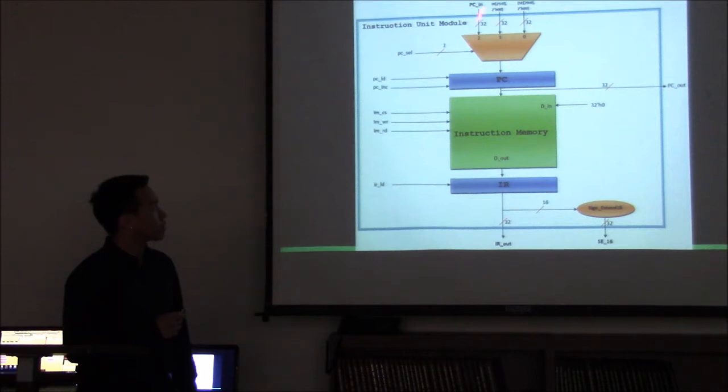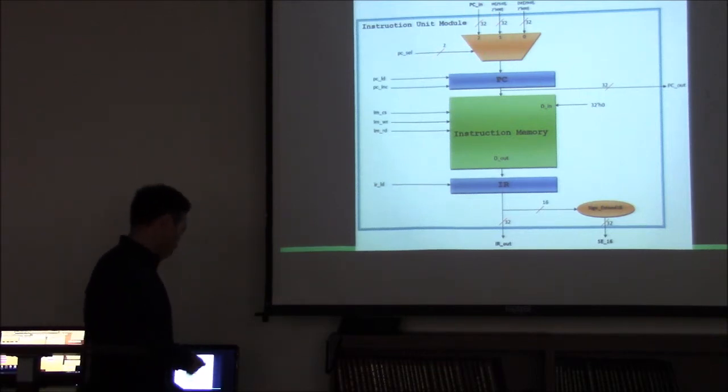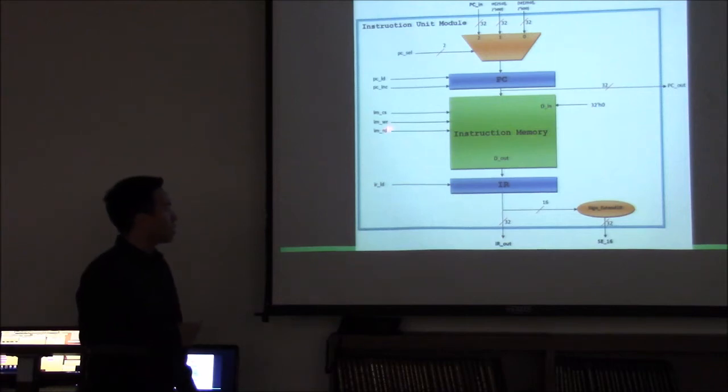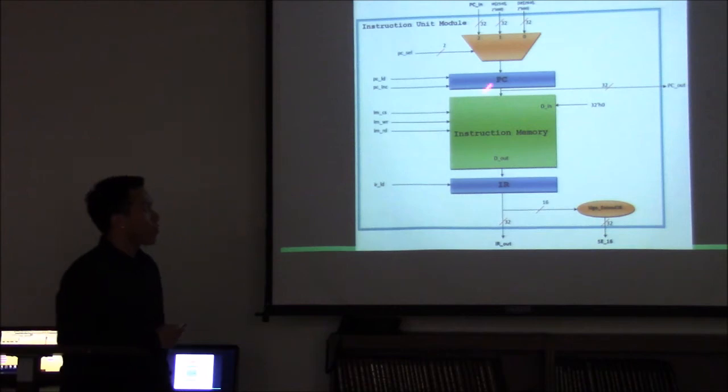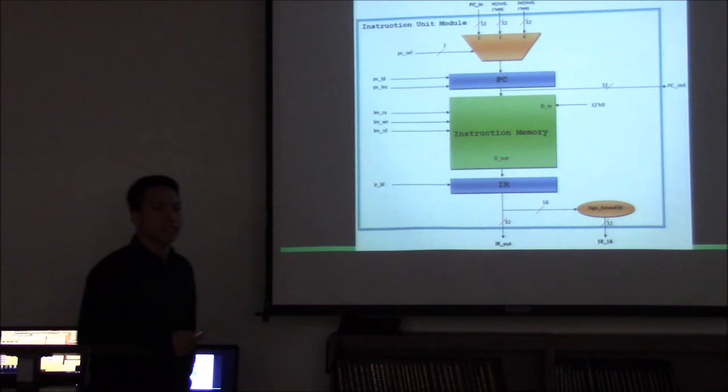And if PC select is 2, it would come from the LU, and we'll talk about that later when we load the PC. PC increment is just to increment the program counter every time we finish an instruction, and there's also a wire PC out so that we can save the PC to a register or a